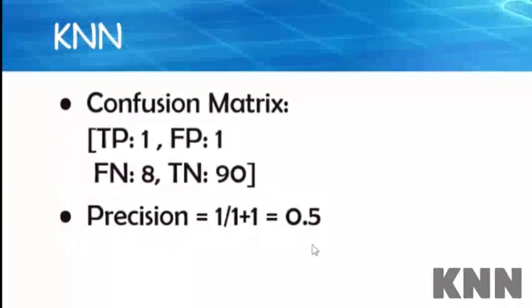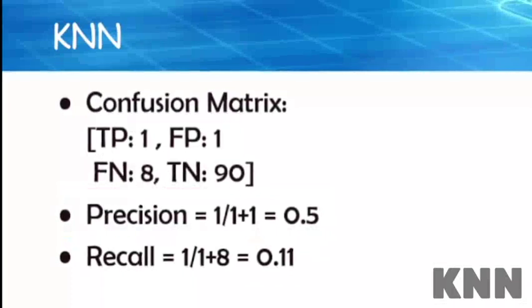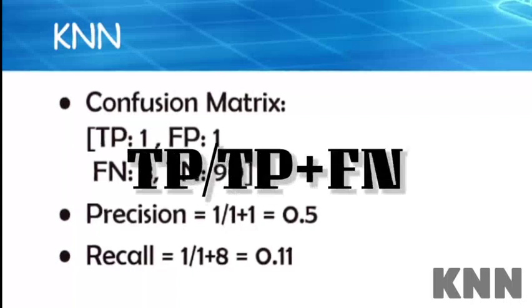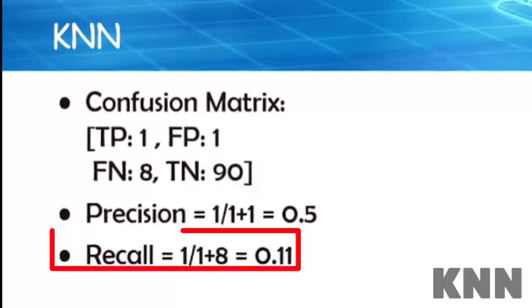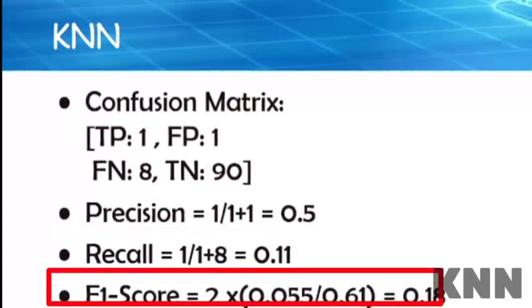So precision is 0.5. And when it comes to recall, recall is pretty low. So basically it is true positive divided by true positive plus false negative, right? So that is 0.11. And coming to F1 score, it is 2 into